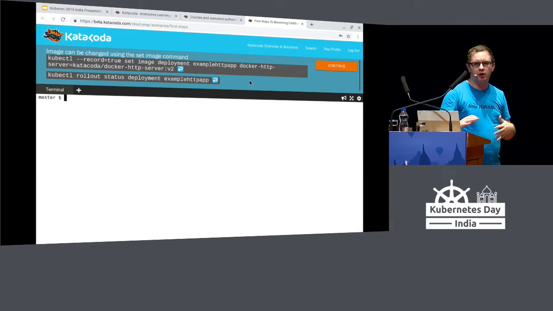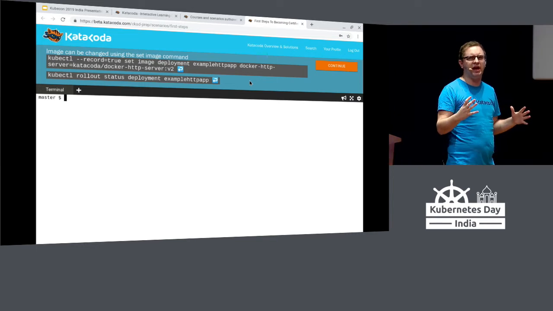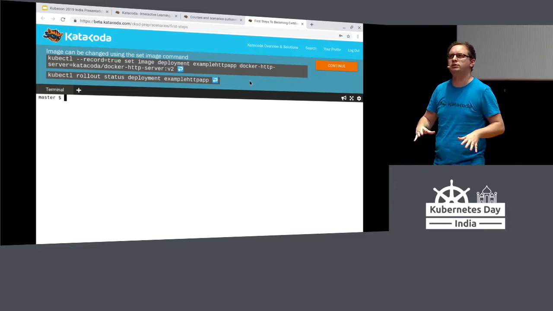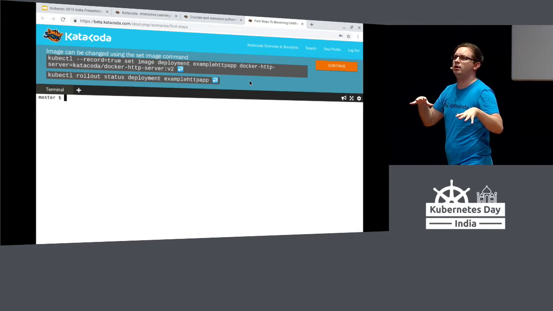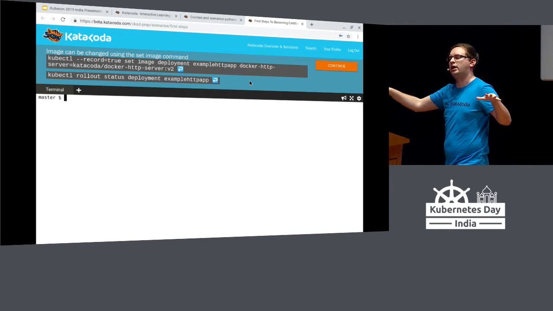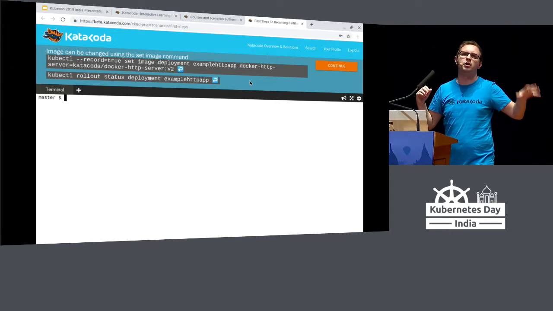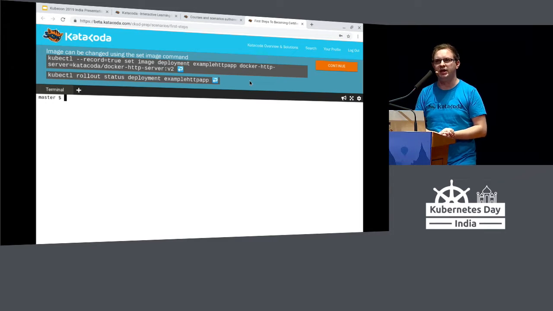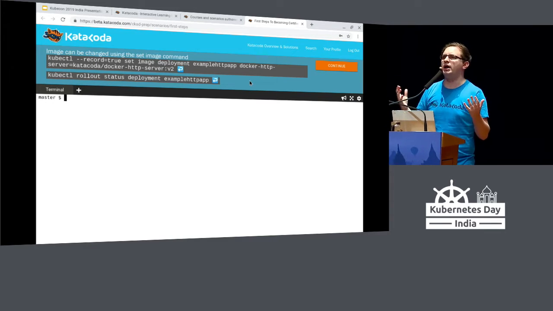So as we move forward, we've now got an application which is capable of scaling. We've got enough replicas to match our load and match our requirements. And if we have multiple nodes within our cluster, Kubernetes has automatically scheduled those as spread as possible to ensure that if we lose a node, then we don't lose all of our application capabilities and capacity at the same time. So how do we manage updates?